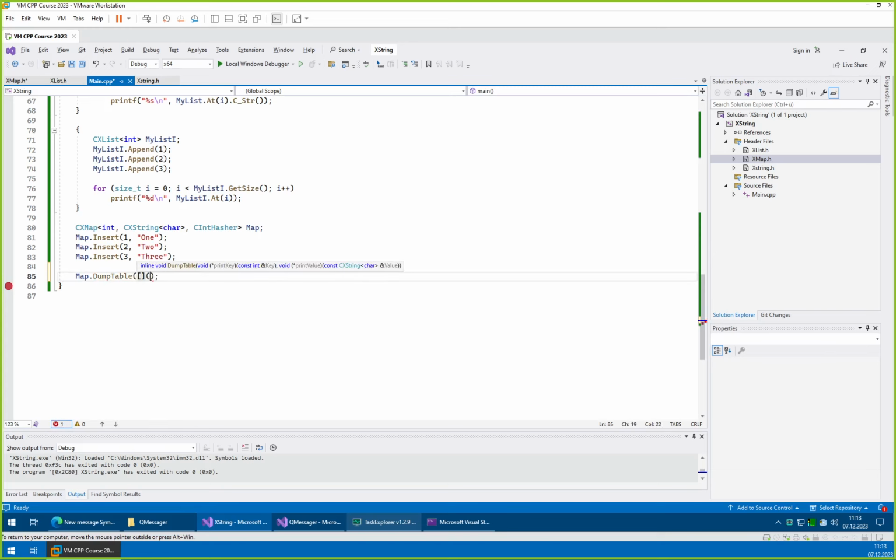So we will use lambda functions, int key, right, semicolon. I think that's right. I think I didn't forget anything. And this thing will be our value